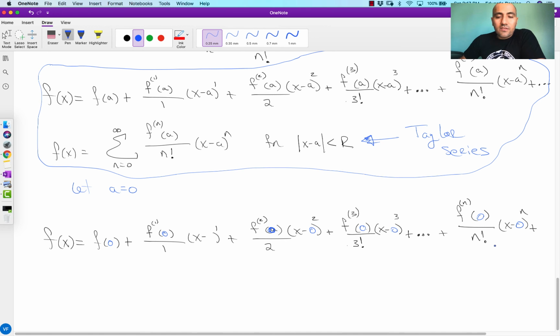So we end up with this, and that can be simplified a little bit, and we'd say that f of x then just becomes f of 0 plus the first derivative